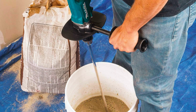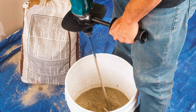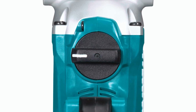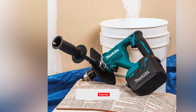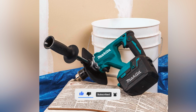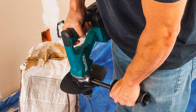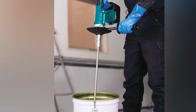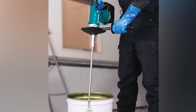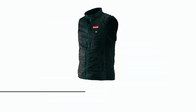The variable speed trigger enables the user to adjust the speed to the material or application, while the soft start suppresses startup reaction for better accuracy. Engineered with Extreme Protection Technology, XPT, it offers improved water resistance for operation in harsh conditions. With a durable and ergonomic design, this cordless mixer is built to withstand the demands of the job site while providing precise and efficient mixing capabilities. Makita